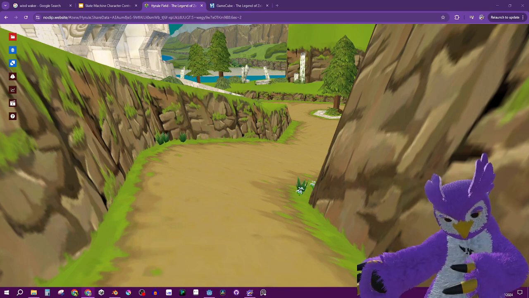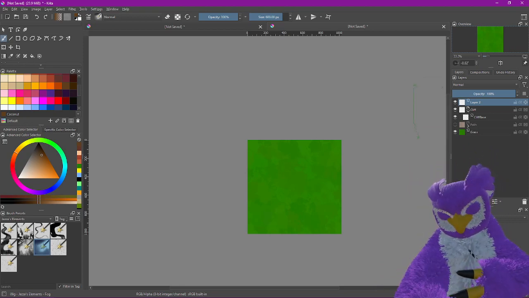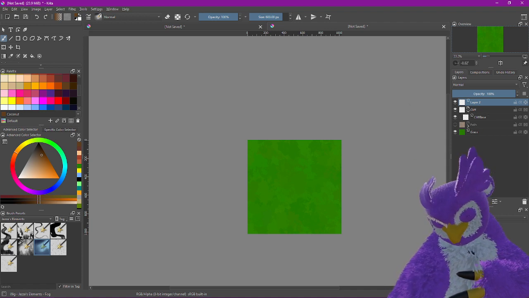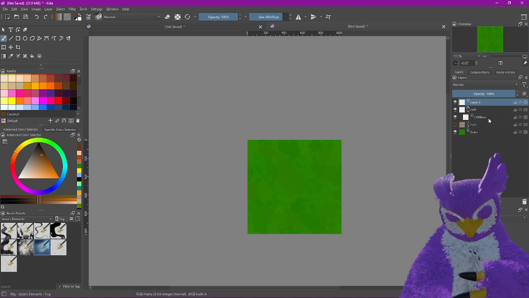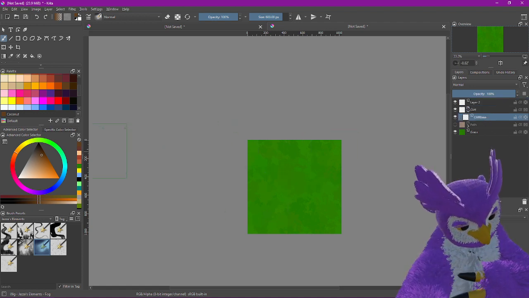Oh, you can't see it because I'm on the wrong thing. That's one of the issues of streaming with multiple monitors. Remembering to switch which one I'm showing. Alright, so